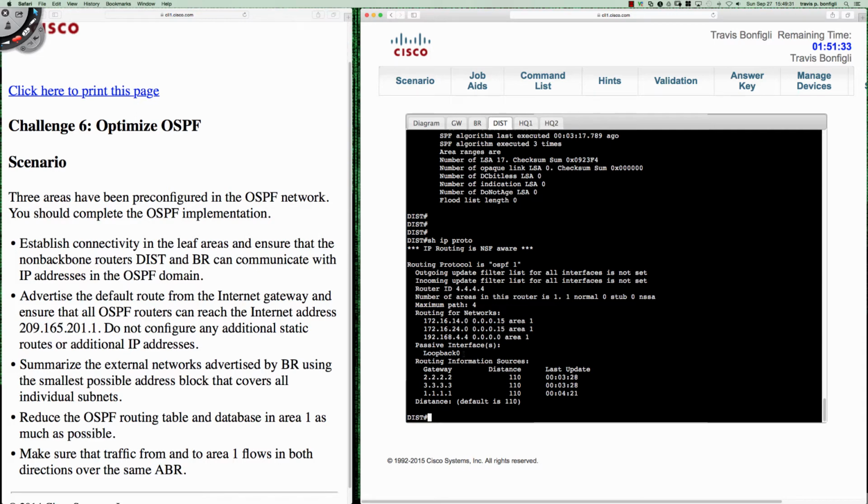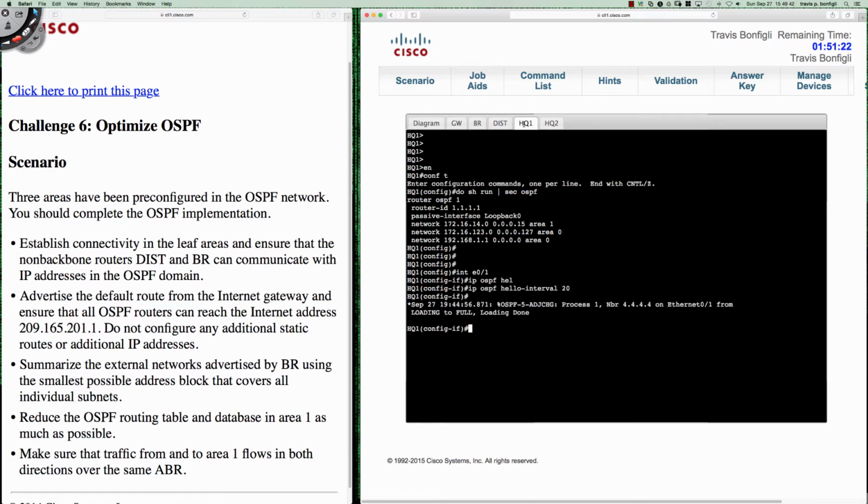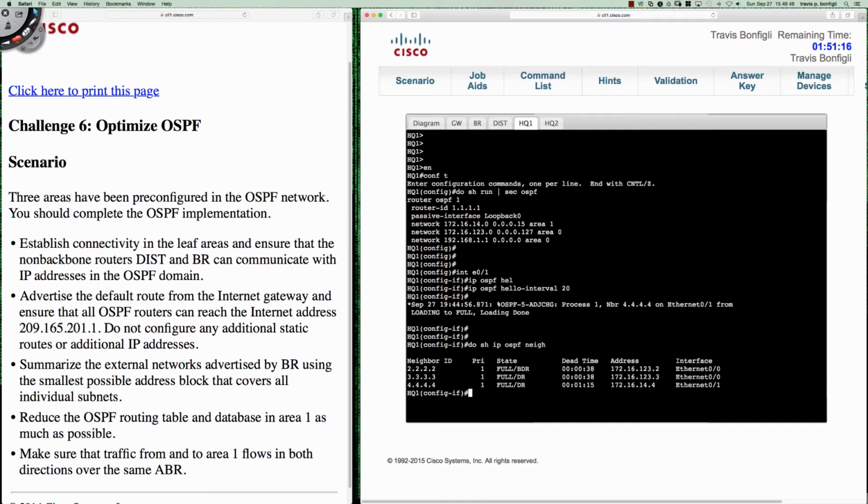All right, so let's go ahead and make our way over to, we've kind of done some good work here on the distribution router. Let's take a look on the HQ1 router. So if I were to say do show IP OSPF neighbors, you can see that I've got a neighbor relationship with HQ2, the branch router, and then the distribution router. However,